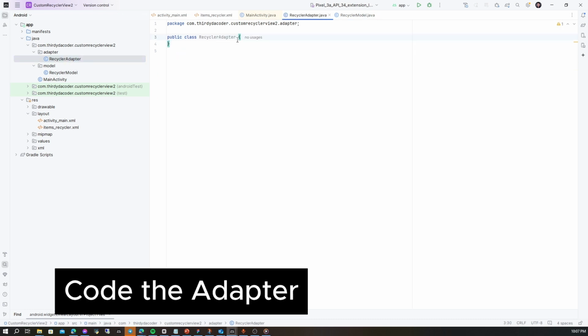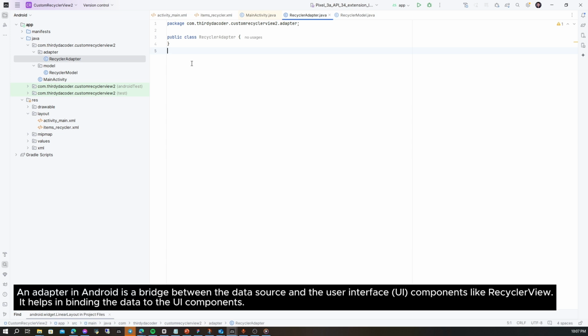Now the hardest part, I think, is the adapter, because in Android the adapter is a bridge between the data source and the user interface. Like the RecyclerView, it helps in binding the data to the UI components.